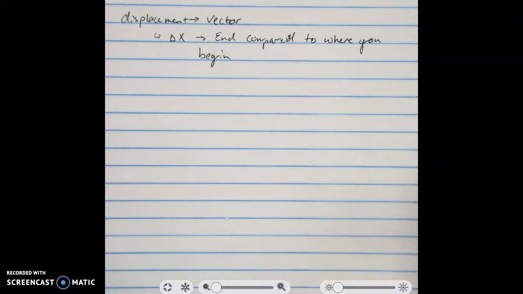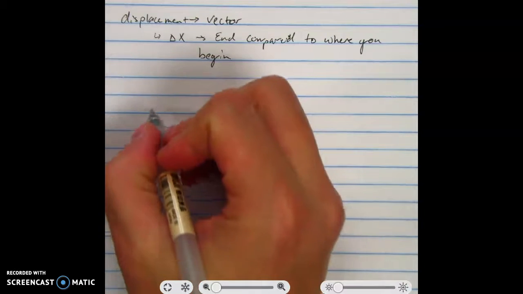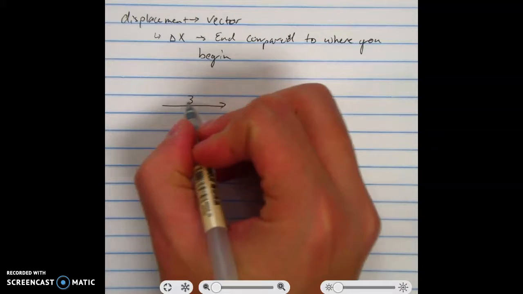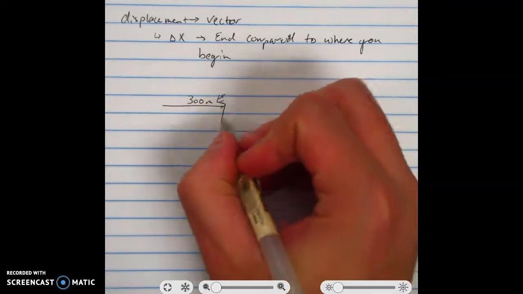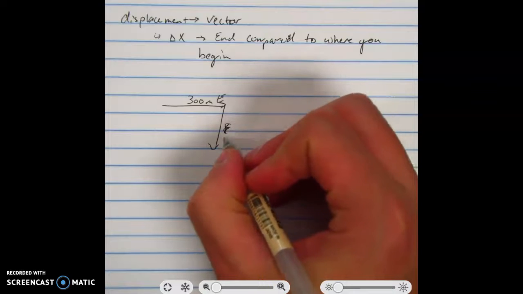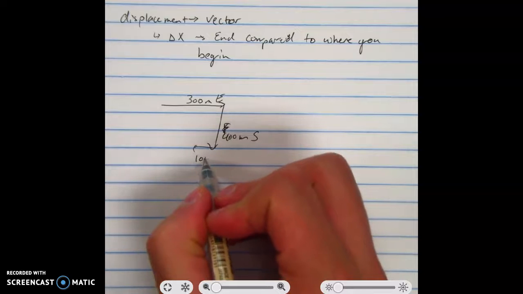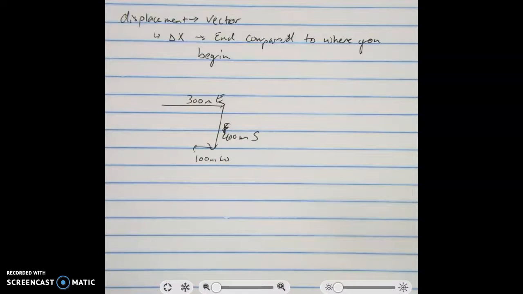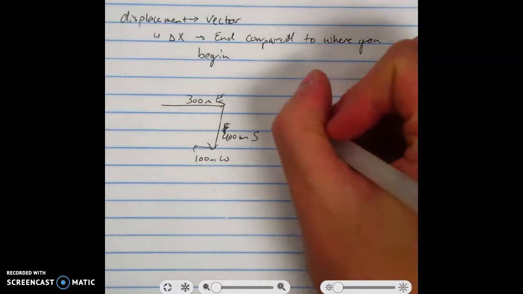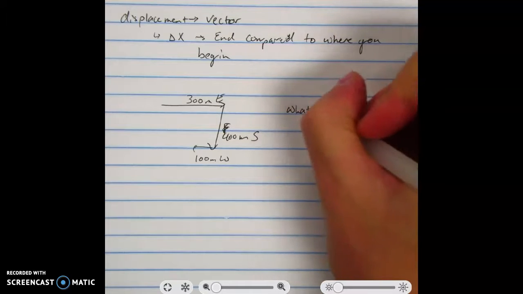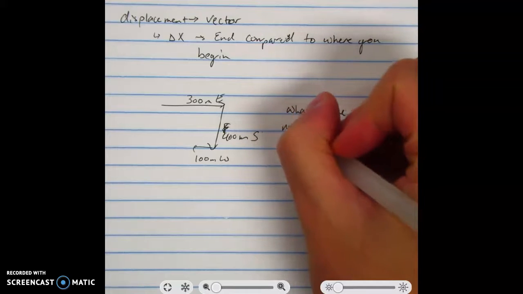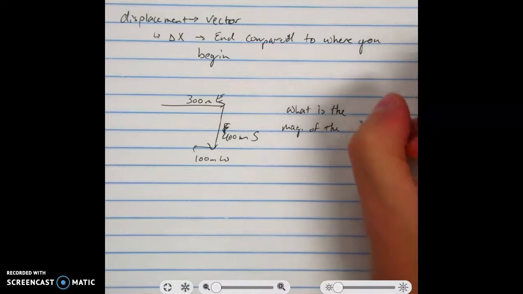So let's take a look at a couple of examples. Okay, this will be really helpful for the homework. Let's say some object heads 300 meters east, 400 meters south, and then 100 meters west. So we have something that moves east, south, and west. Now, if I ask for the distance, yeah, you could add all three together, 300 plus 400 plus 100, and be good. But because I want to know the displacement, so let's say what is the magnitude of the displacement,